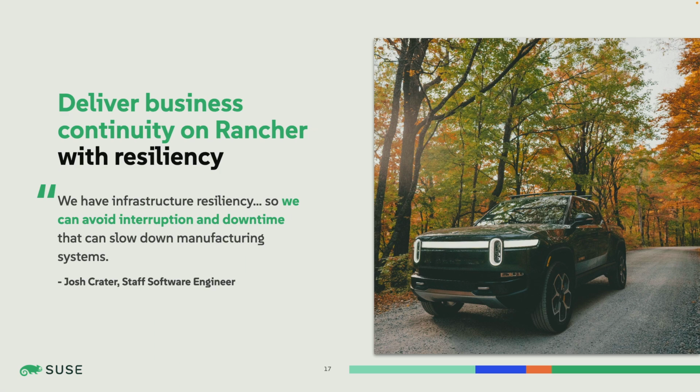So for Rivian, it was extremely important that they had a highly available solution that could provide the resiliency they needed for these critical applications. They're always trying to make their manufacturing processes faster and faster, and you definitely don't want an outage at any point during that time. So with Portworx and Rancher, they've been able to achieve that resiliency. They've claimed they have uninterrupted data access and that they have a highly available, secure solution using both of our products. So we've been able to deliver this to real customers, and if you want more examples, feel free to talk to me later, but demo time.